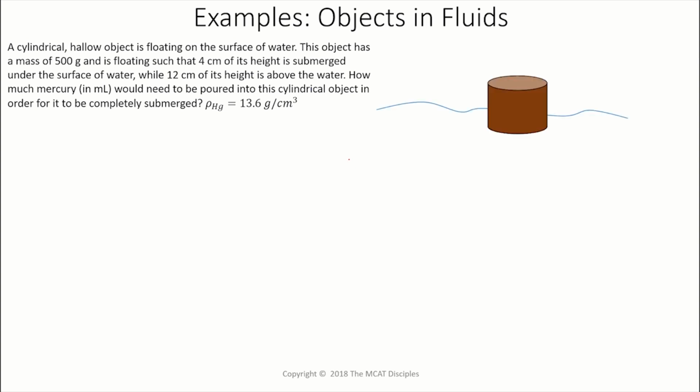So let's draw a little diagram here. We have 4 centimeters under the water, 12 centimeters above the water. So that information tells us the percent submerged. Hopefully you know, or if you don't, now you know, that you can use the height of an object underwater to determine how much volume is submerged, because the height is related to the volume. So the percent submerged is 4 over 16. I'm getting 16 by doing 12 plus 4, because that's the total height of the object. So 1/4 is the simplified version, hence 0.25 is the percent submerged.